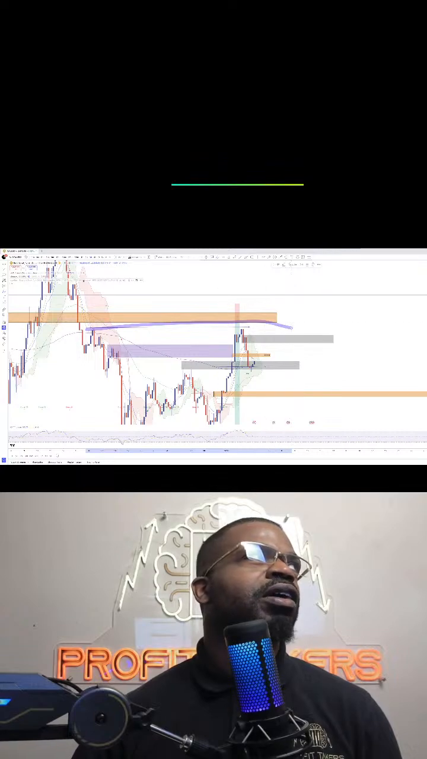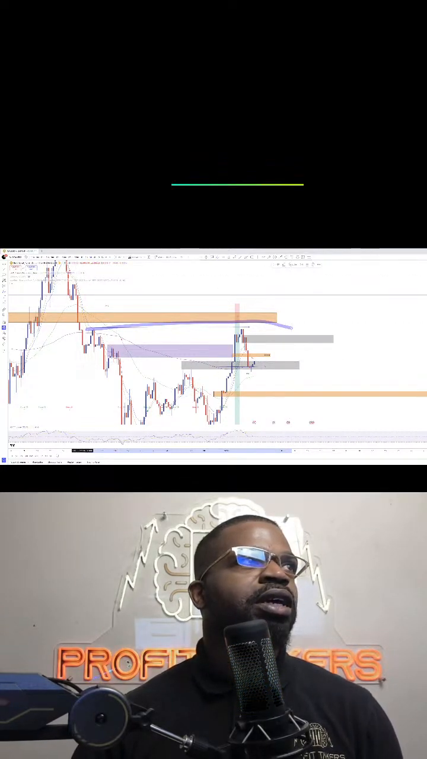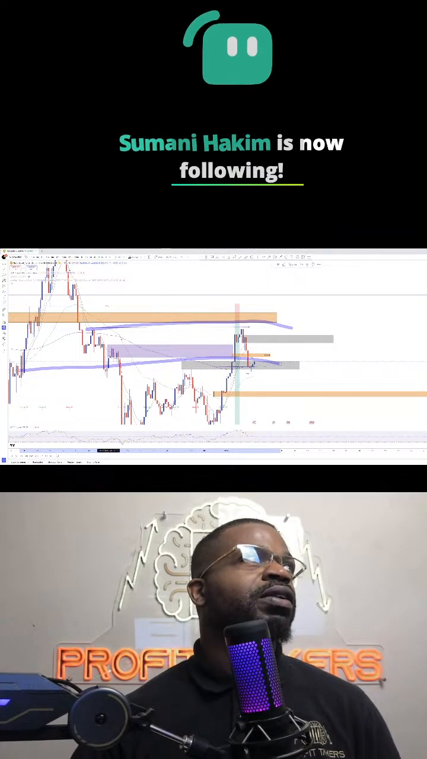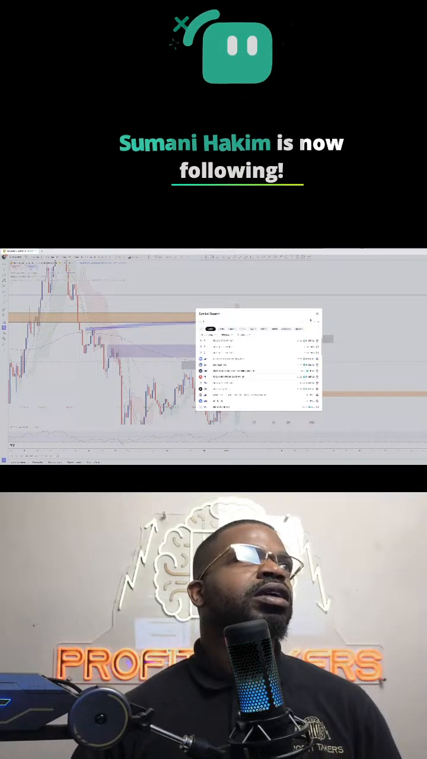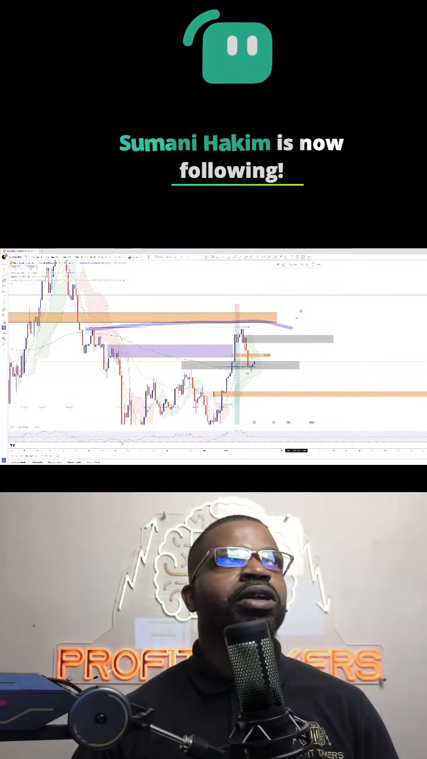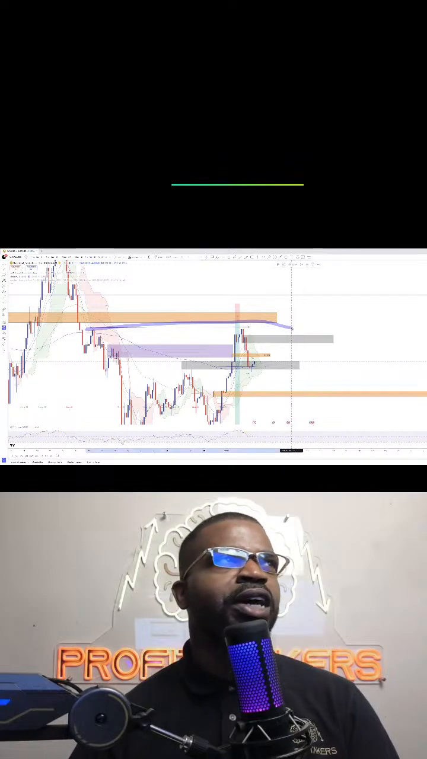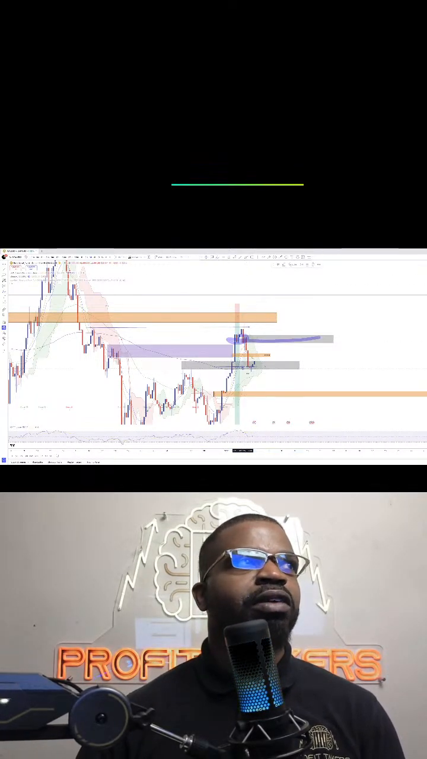So right here, this is our structural level of resistance. Let me get this out of the way. In this area here, this would have been that structural level of support on this time frame. So we want to see who's going to win this tug of war battle. And if you keep your trading simple and look at it from that aspect, only identifying the major levels of